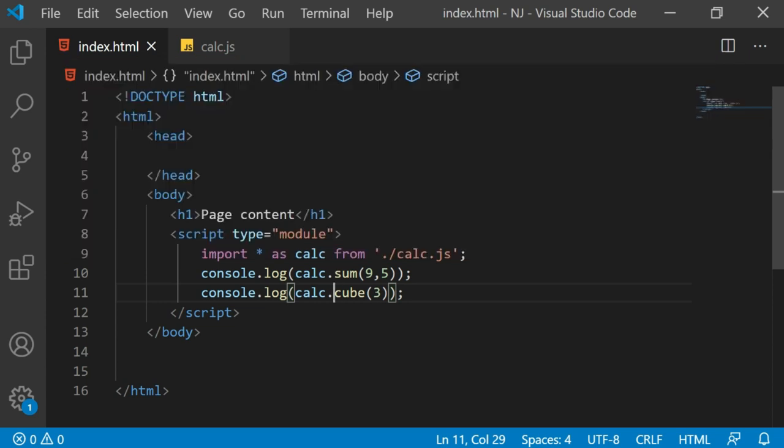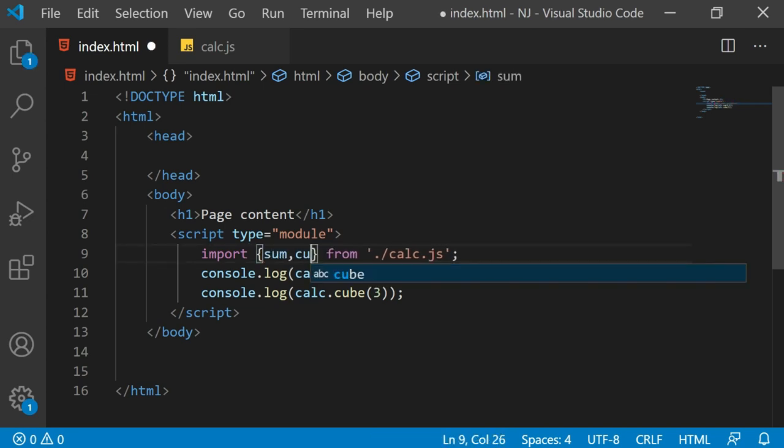So you always make sure that if you are using all the modules, then this is a better syntax. But if you are not sure whether all the modules are to be used or not, better to go with individual named imports only. So let's change this code back to the standard way, that is I'll say sum comma cube. Anyway, in this case, because we are using both the modules, the star as object syntax is equally applicable in this particular piece.